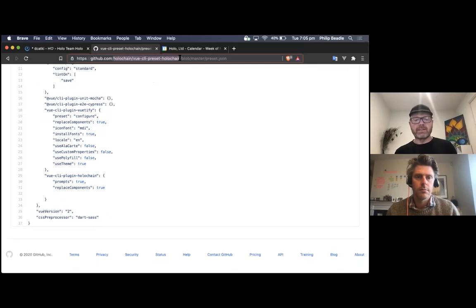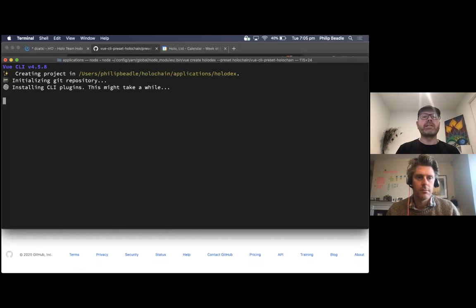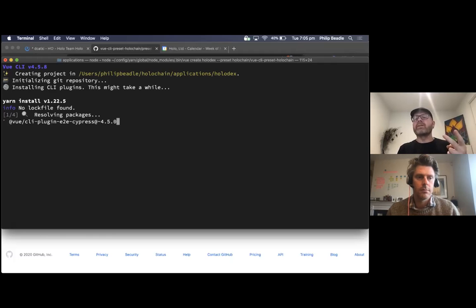So the vue-cli has this way of finding presets. You just have to call them vue-cli-preset, and then whatever your preset is, and then it knows what to do. So we'll now fetch the remote preset. There you go. So this is installing all that Babel and all the bits and pieces in the preset. And then in the plugin that I built, there is now a choice of the simple app, which I think I showed you last time, and now a new one, which is called